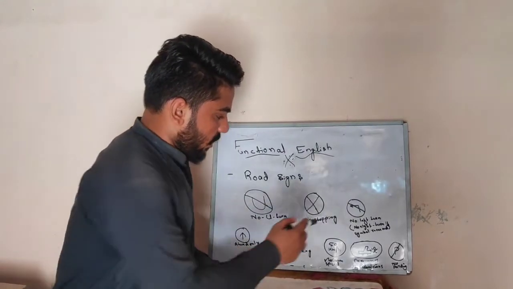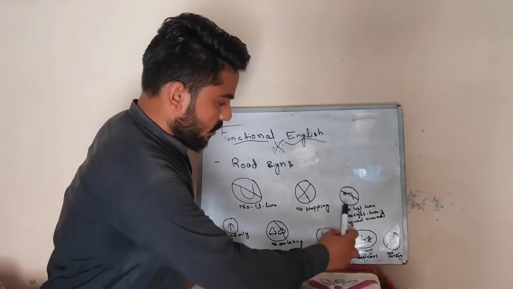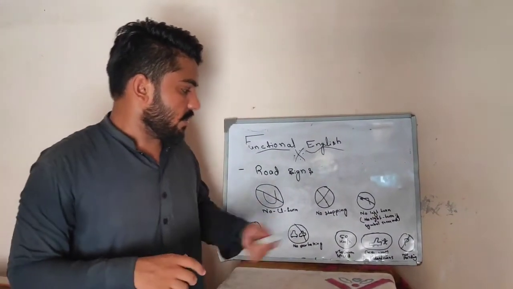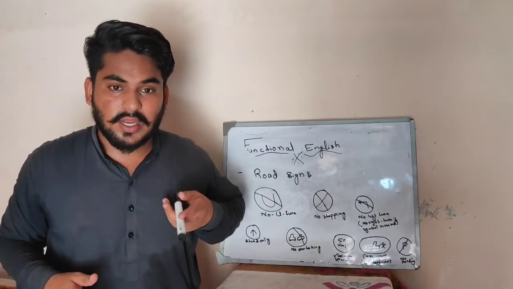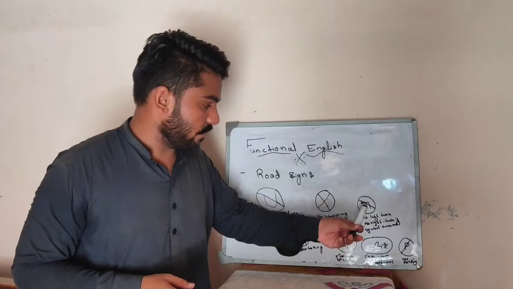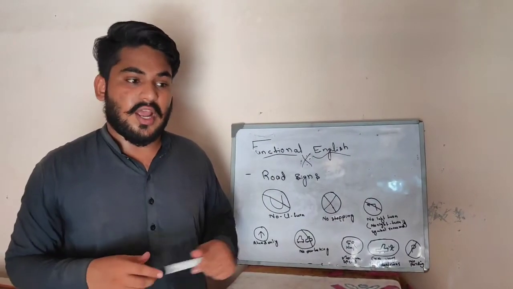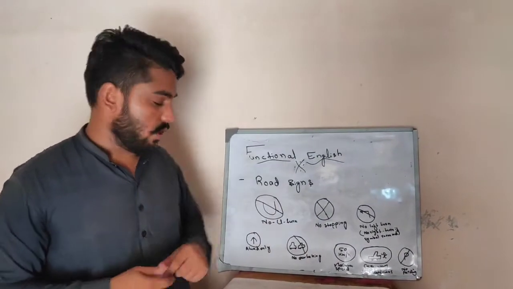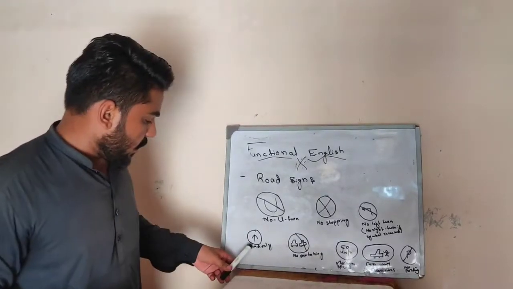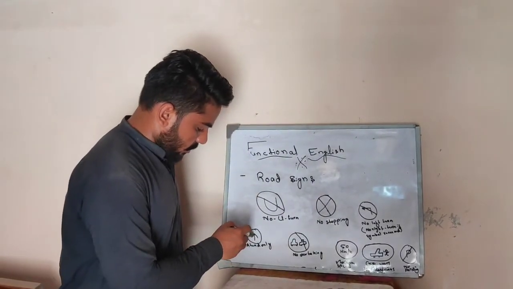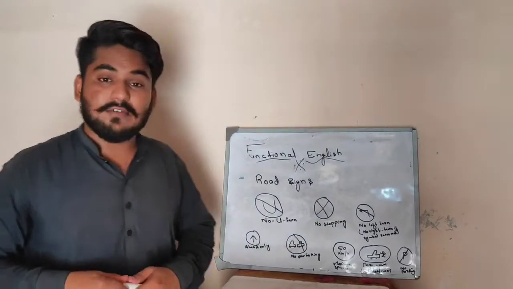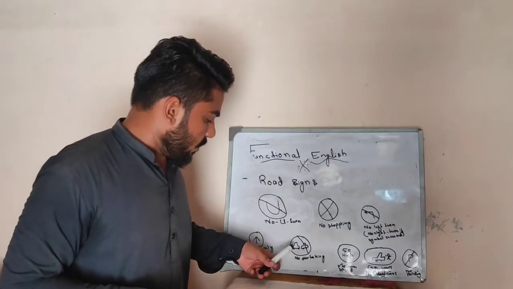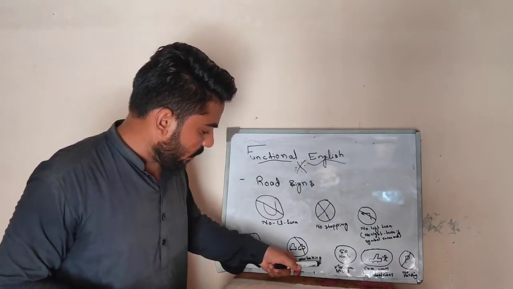And third, having an arrow with a cross on the arrow, means no left turn, no right turn. If the symbol is reversed, it means you can take a right turn, no left turn, or you can move ahead. If the direction of that arrow is reversed, it means you don't have to turn right, you have to turn left or go ahead. Another is ahead, an arrow indicating ahead, means we have to move ahead until the junction comes.